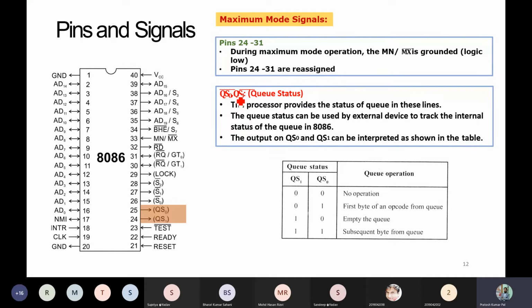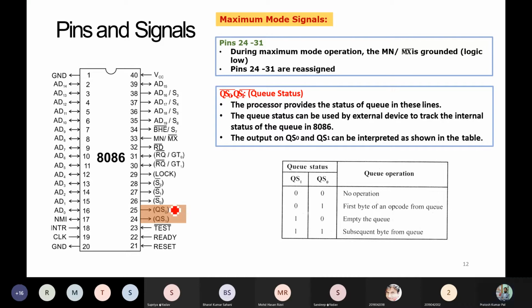So it is a status bit, but for the queue, it is providing the status. The processor provides the status of the queue in these lines. By these two pins, 24 and 25, the status of the queue will be given. The queue status can be used by an external device to track the internal status of the queue in 8086. So if this signal is given by the processor, these two signals will be indicating the status of our queue,